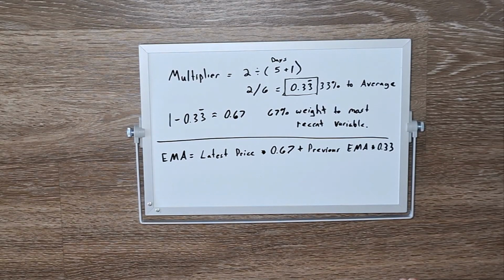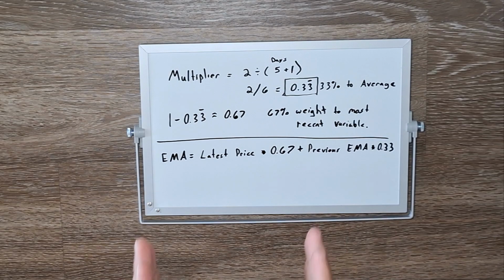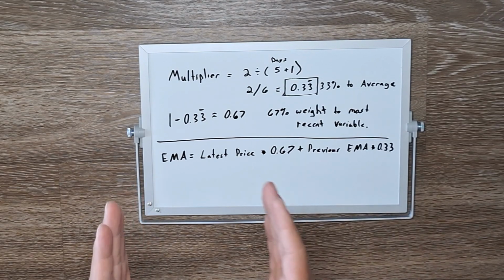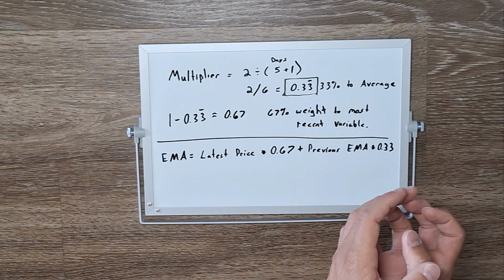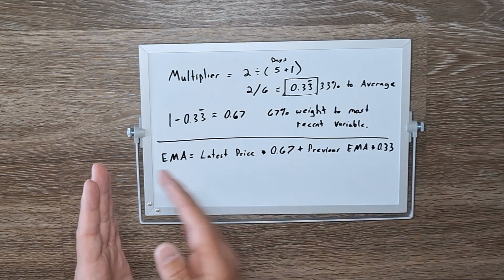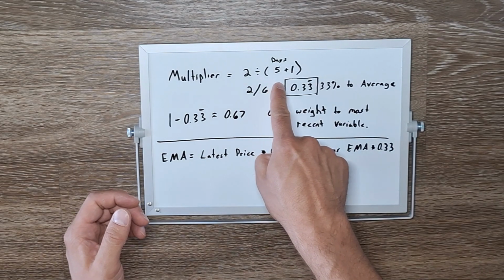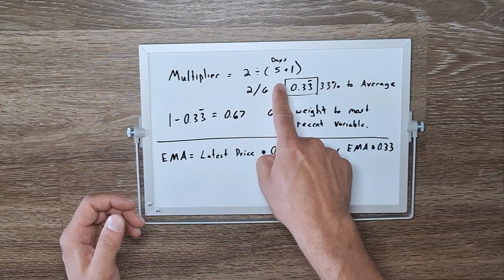All right, so in this video, I'm gonna go over a simplified explanation of how to find an exponential moving average. So I'm starting with figuring out the multiplier. Essentially, the difference between an exponential moving average and a simple moving average is that the exponential moving average is going to put more weight on the latest data point, whereas a simple moving average is going to give equal weight to every single day. For example, if you're finding a 5-day exponential moving average or a 5-day simple moving average,